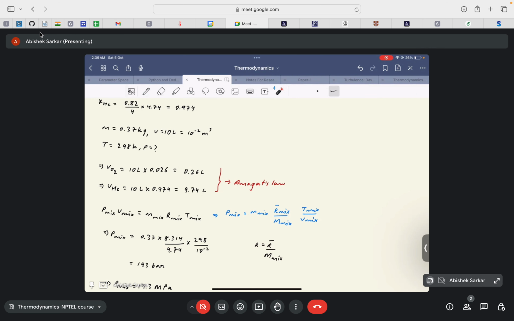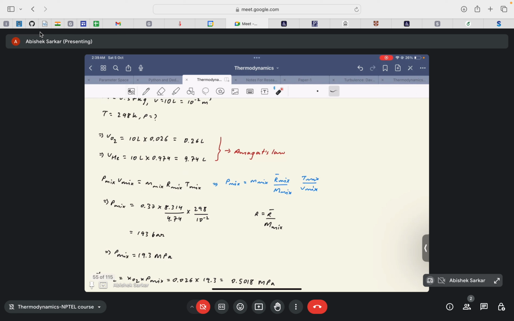kg per kilomole. Okay, just substitute the value of small m, that is 0.37. R bar mix is the universal gas constant. The molecular weight of the mixture is capital M. The temperature of the mixture is 298 Kelvin, and the volume of the mixture is 10 to the minus 2 meter cube. Okay, so once you do that, you find that the pressure exerted by the entire mixture is actually 193 bar. And now it's not complete because we need to find the pressure exerted by each of